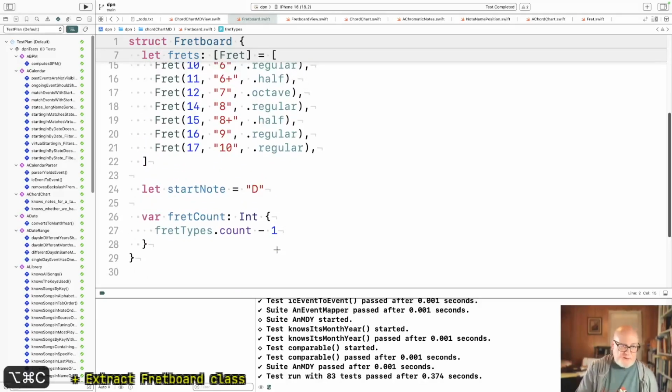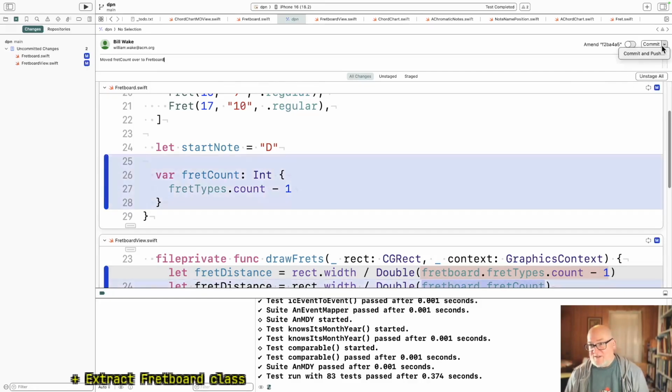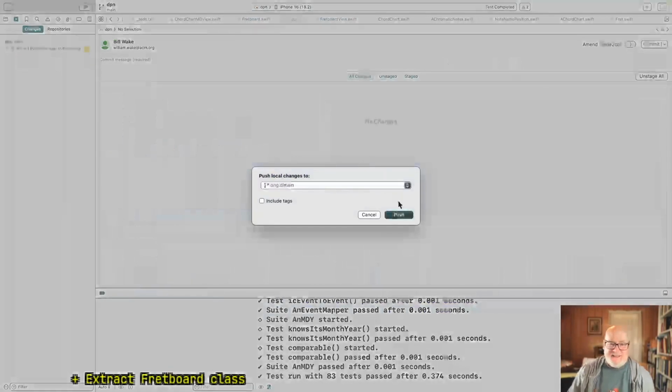So I guess we moved fret count over to fretboard, which seems like a really good question for fretboard. All right, now